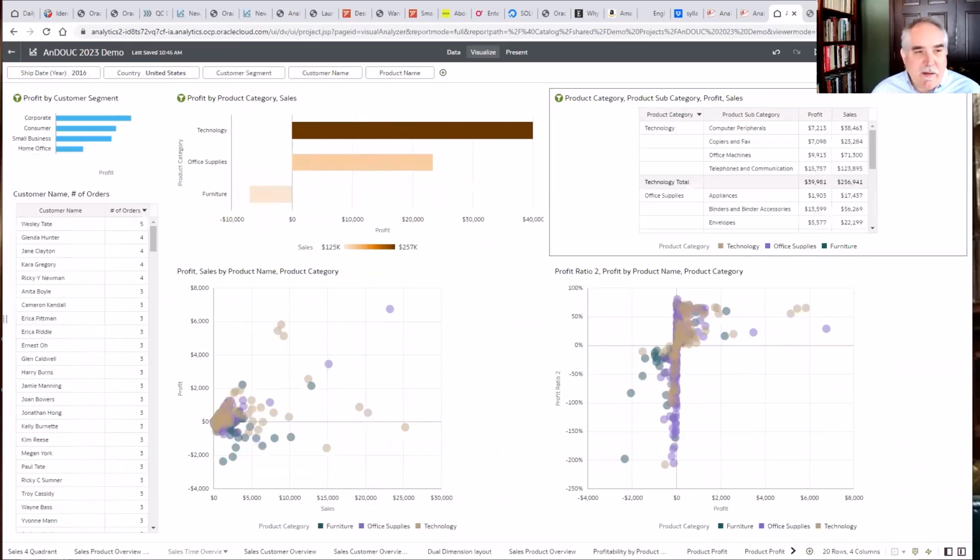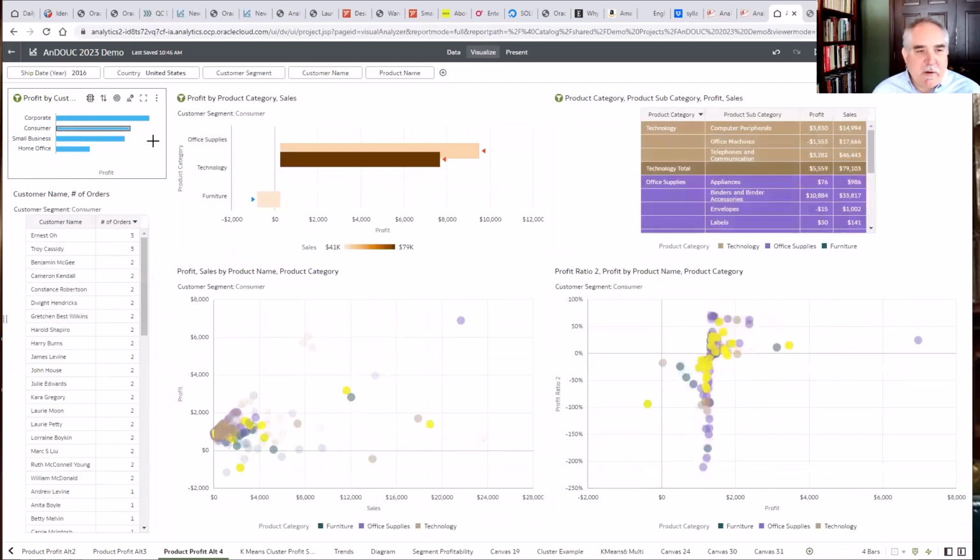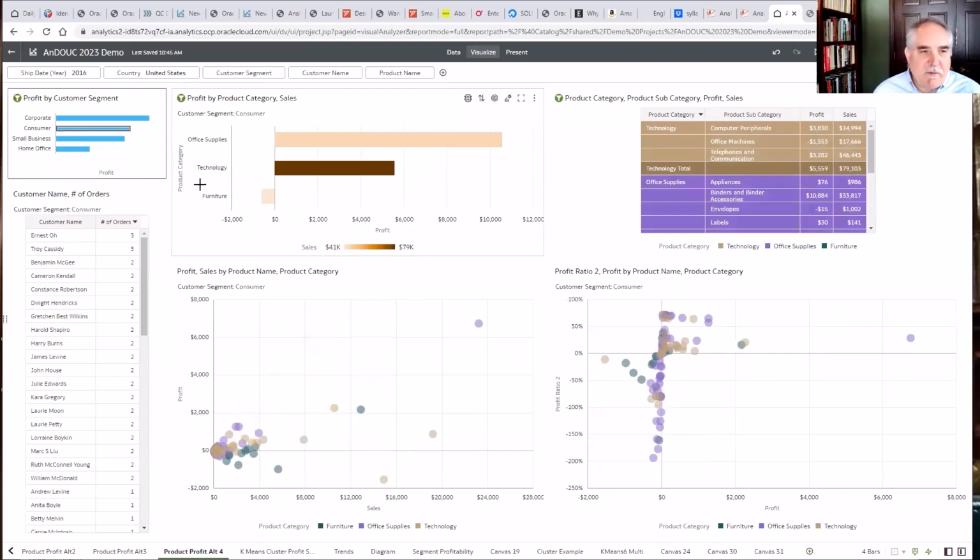That is a design choice that we often wrestle with and are looking to start to understand. So here we can see what we have is a bar chart that can also act as a filter. If we want to look at consumers, we can see profitability, how much do they have? What are the different categories of segments, and what are the different products within those segments?